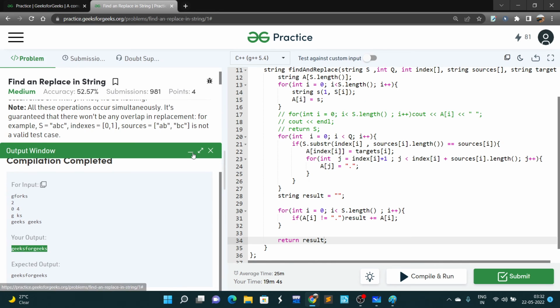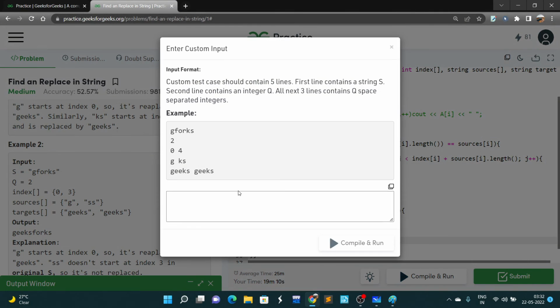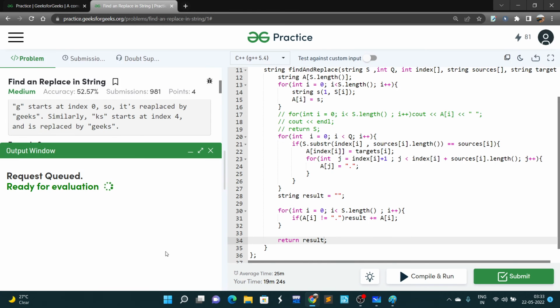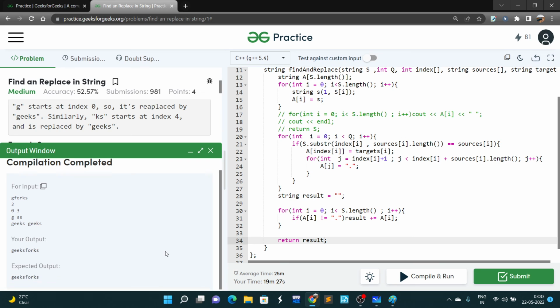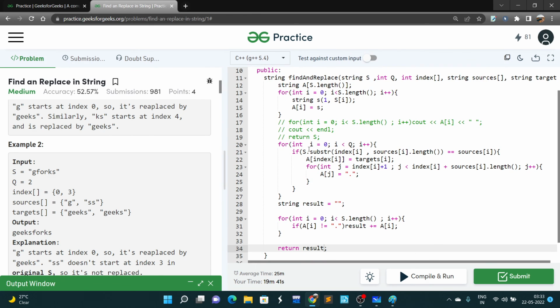Okay, let me try to run it for another test case, that is this one. This is the same, I think, copy here, and the change is this is 3 and this is s. Okay, let me change it. So yeah, it is also working. So I hope you got it, how I am doing this. You have to make an array, and you will store all the elements in the form of strings in that array. Then you will run the query, and you will take a string from this index of this size,